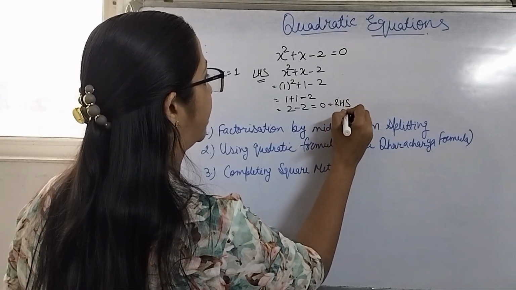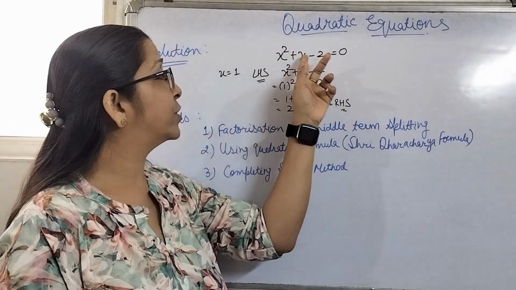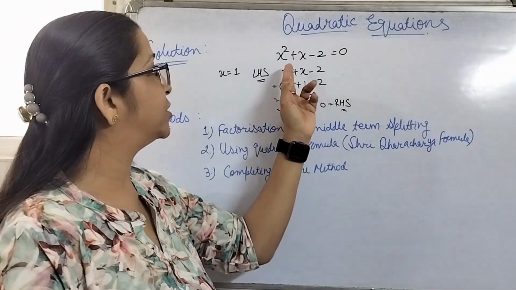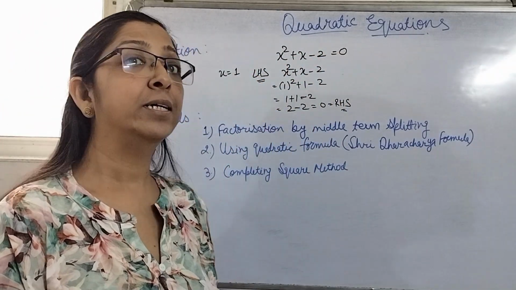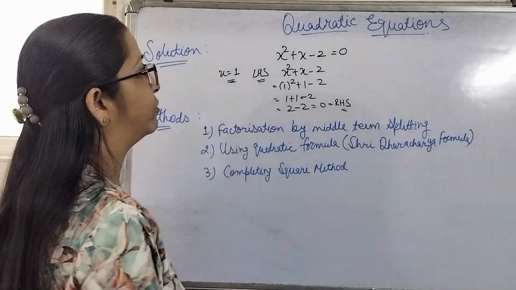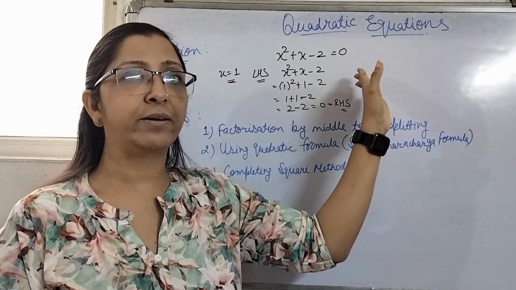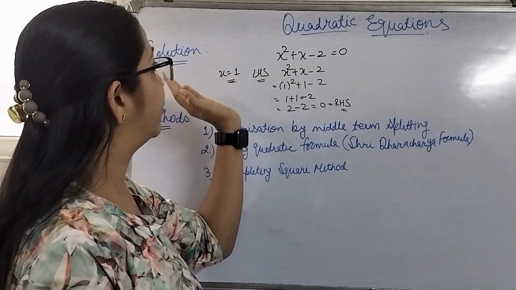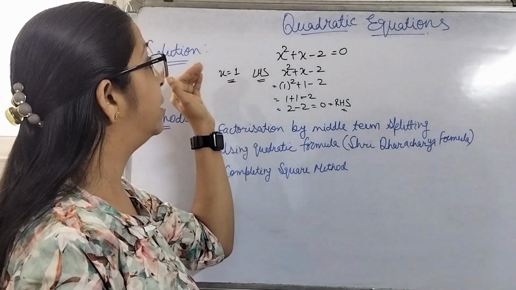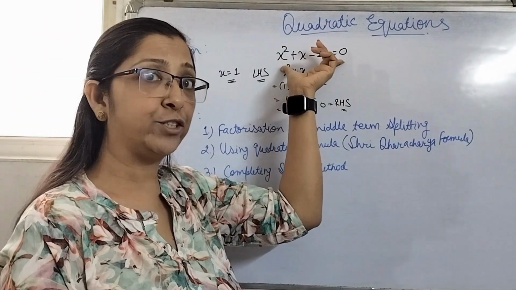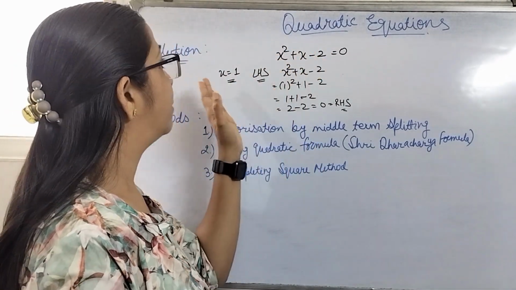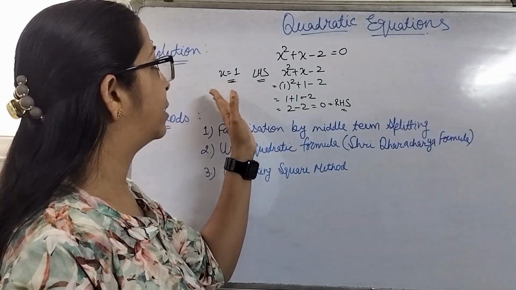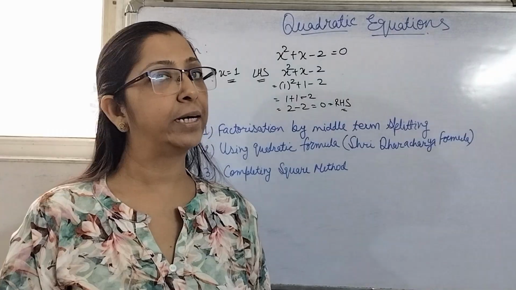your RHS part. That means if we keep x equal to 1 in this equation, your equation becomes true, your LHS part becomes equivalent to the RHS part. That's the reason x equal to 1 is a solution of this quadratic equation. So for any real number, wheresoever x is coming in the equation, we replace this x by the real number, and if your equation becomes true, then this real number will be the root of the quadratic equation.